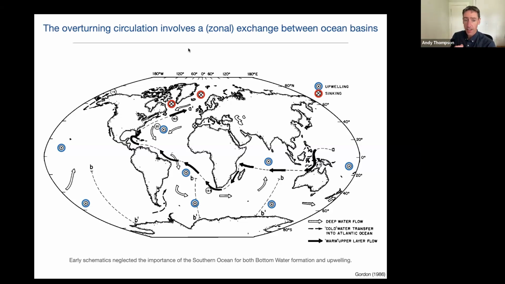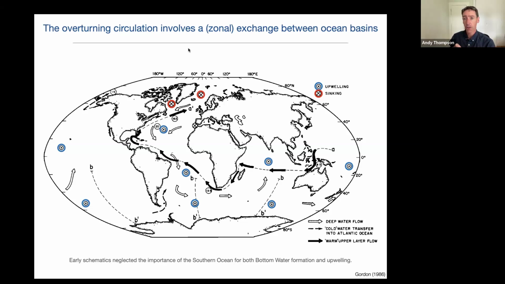One thing that these early schematics neglected, though, is thinking about the importance of the Southern Ocean, both for bottom water formation. So you can see here in the schematic that there's no representation of sinking around the margins of Antarctica, which we know today is obviously quite important. But also this idea of upwelling along those tilted density surfaces that I showed in the previous slide was not yet appreciated. So again, this picture came out in the late 80s, which is around the same time that